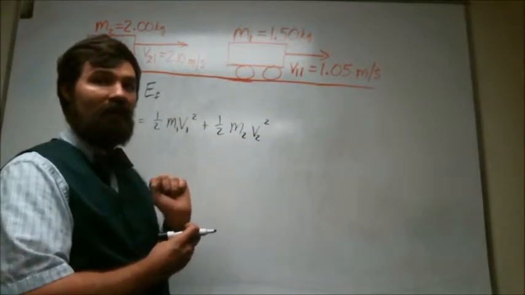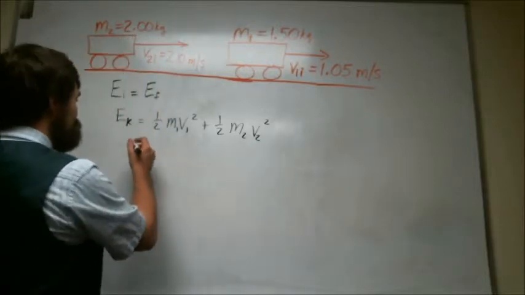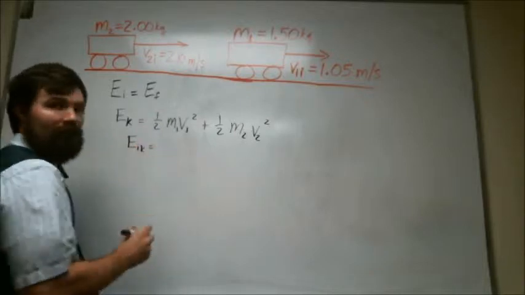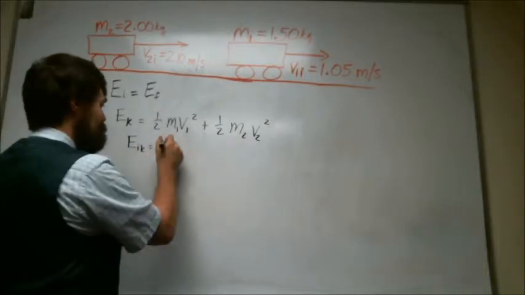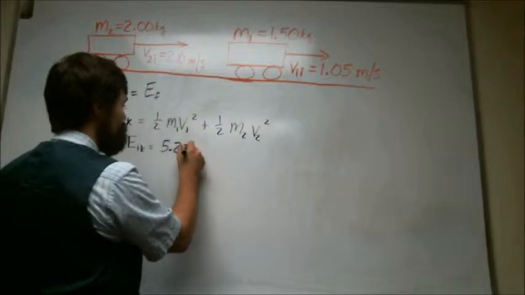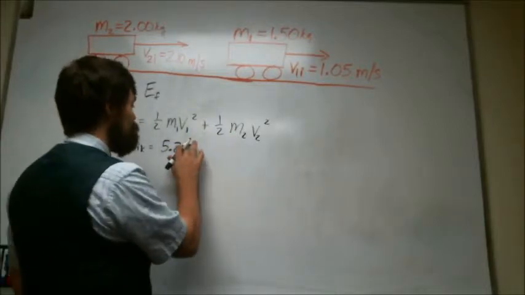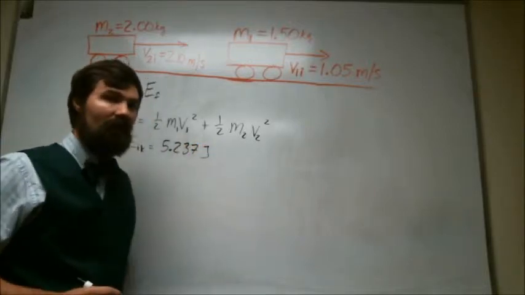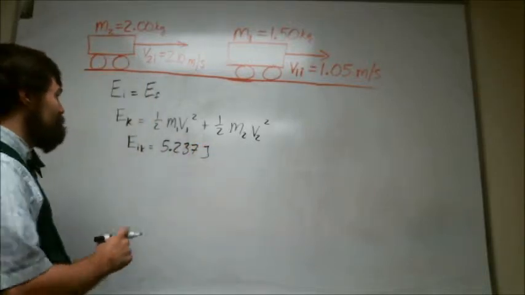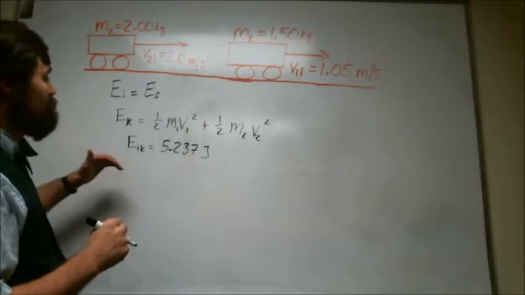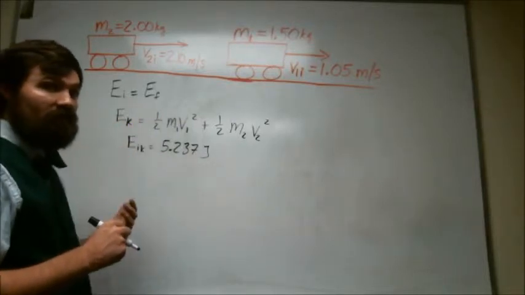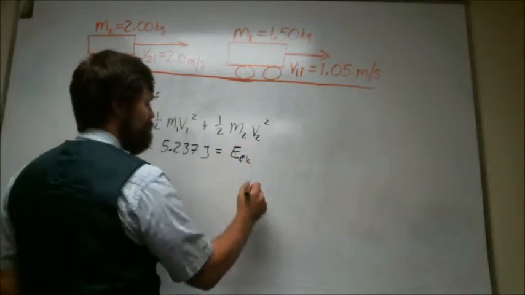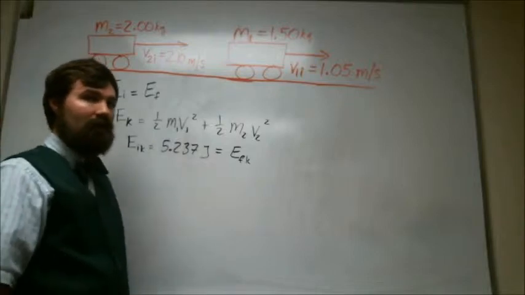And so what I end up with is that the initial kinetic energy is going to be about 5.237 joules. And that is my initial kinetic energy, and that's conserved, so that's also going to be equal to my final kinetic energy. Okay, so